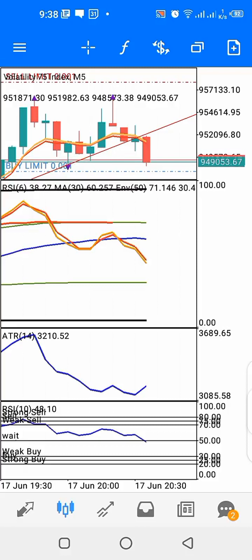Now the break of the ascending trend line, or the proximity, or the candle formation around the ascending trend line was what made me sell. Okay, to place the first sell trade, and I took profit of 1,700 points. Now I placed my buy limit and I expect price to touch